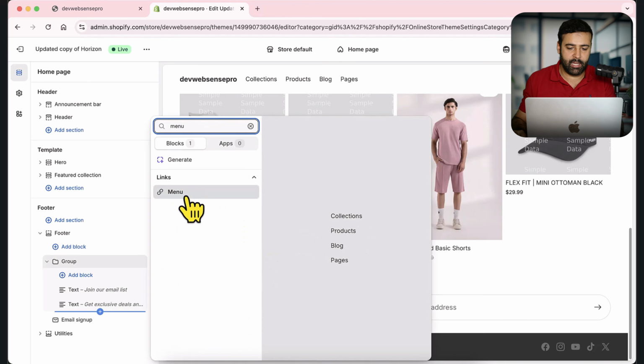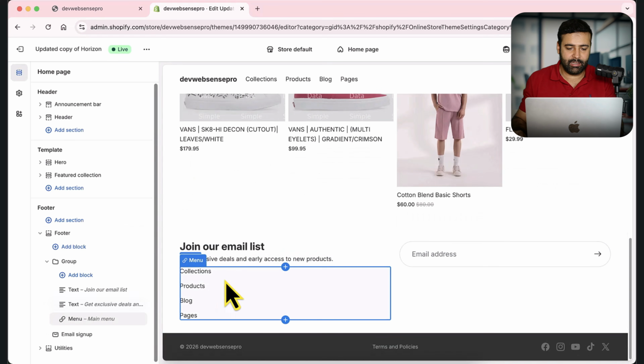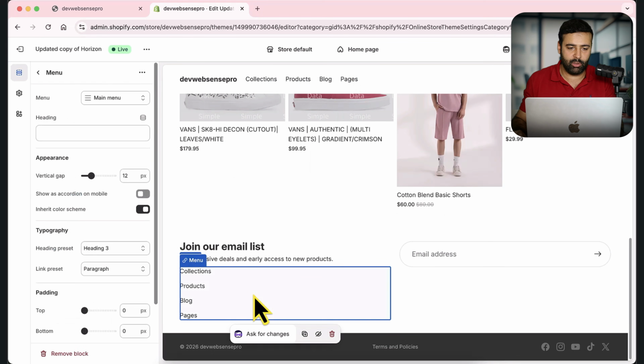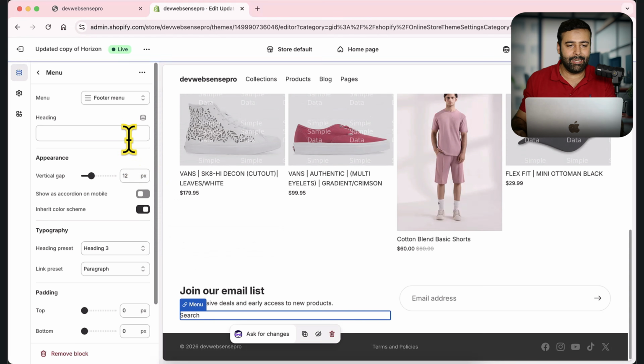And here you can see that we have our menu showing up. So I'm assuming this is different as compared to your main menu. Currently it's showing the main menu. If I click on that, you can see that we have main menu, but you can change it to anything else by clicking on this here and then clicking on replace, where you can see I have created a separate footer menu. Now, in order to create a different menu, you will need to go to the backend and create a menu, but that's not the topic for today. So I'm simply going to select footer menu here and then click on save